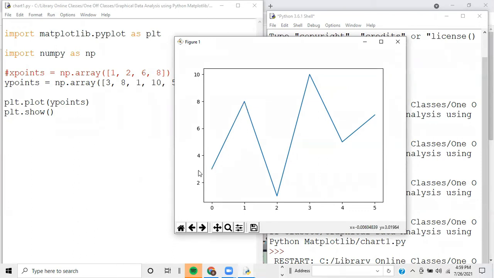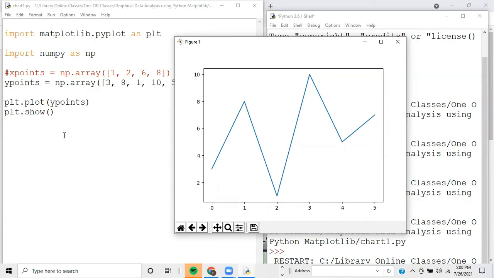And then that's 3. 3 on the y-axis, and 1 here, and then 2 here. Okay. Yep. So that's how you can default the x-axis values,